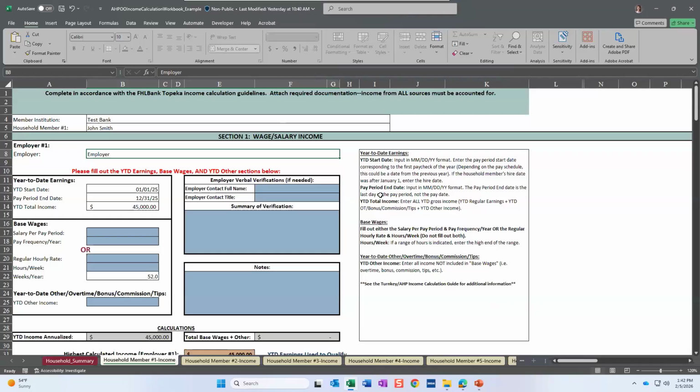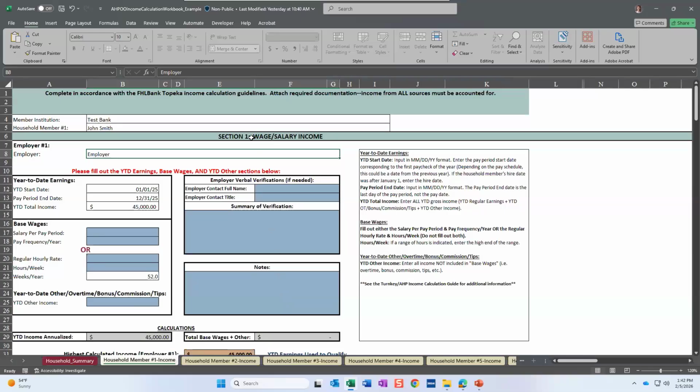There's also these notes off on the right-hand side to hopefully help guide you through what information you need to use from your pay stub or verification of employment, or VOE, to fill out this section of the ICW. So just keep that in mind. Go ahead and refer to that document. I'll give a quick high-level overview of the sections here, but then again, we'll defer to our resources on the website for how to fill this out and what documentation is needed.